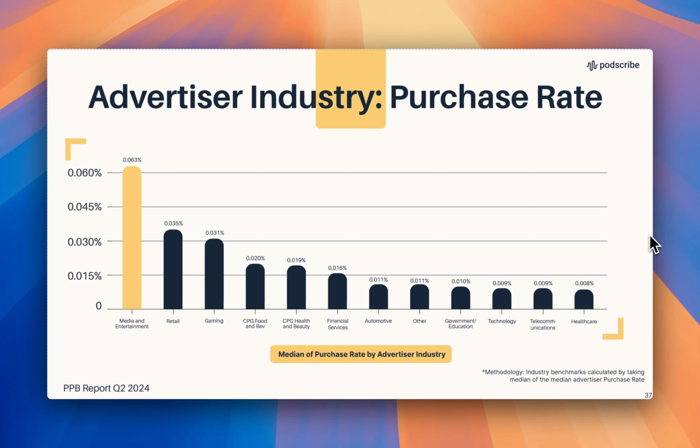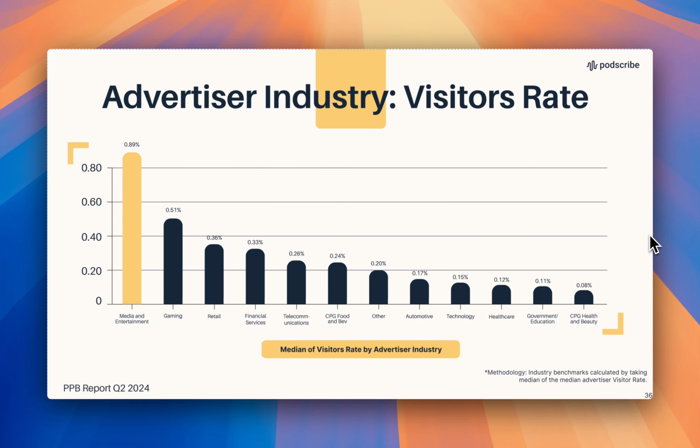And this is a factor of a couple of things. The first thing here is when we look at all of the advertisers that fall into this industry, when we're looking at purchase rate and deriving a benchmark, we remove any of the advertisers that don't have a purchase that's on their website. So that's one really important thing to call out. But the other important thing is that we see CPG bump up so high in terms of purchase rate because podcasting does a very good job at driving super qualified consumers to the website. And so you can flip back and forth between these two slides and get a feel for those types of things.